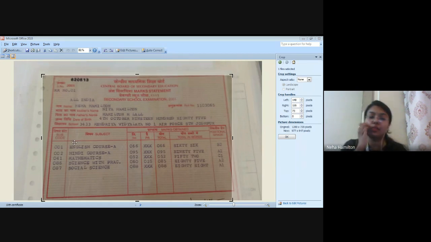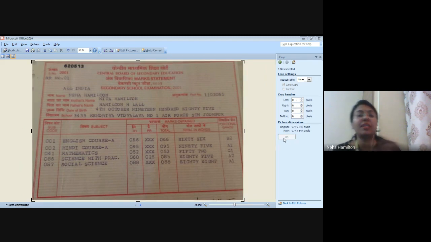By doing this also, I can easily compress my particular picture. Okay, so this is a simple technique by which you can compress a particular picture.